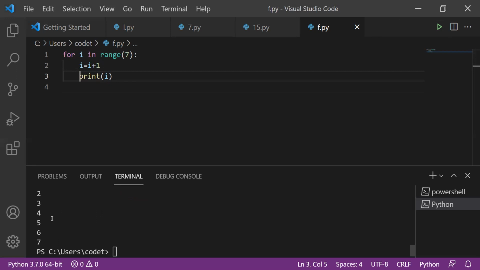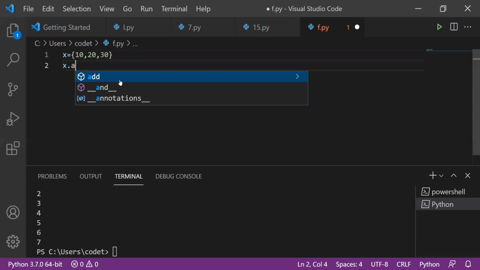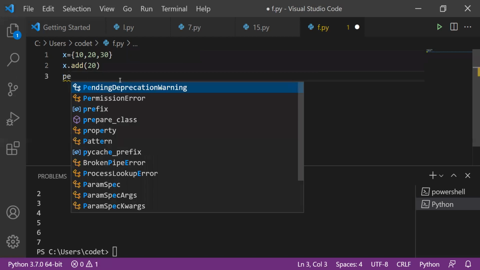Now the next question is on the add method and the append method. Based on that, I'm going to make one. Now see here. Now x is equals to, I'm just creating it, and you have to tell me what this is. Is this a set, tuple, dictionary or what? Just answer for yourself. Now this is x dot add. There is an add method in set, I think. Now start answering this question.